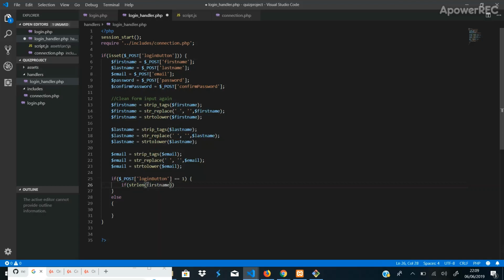We need a $ sign there. So if that is, say, less than 2, because we do not expect a real name to be just a letter. I mean, the minimum we expect is 2 letters to make up a word or a name, so let's say less than 2 here, or